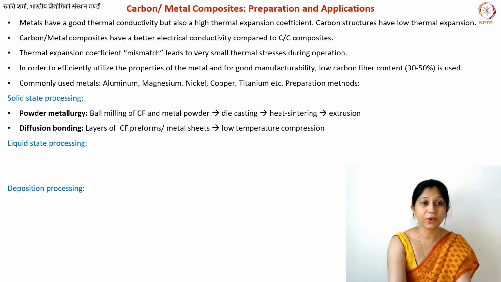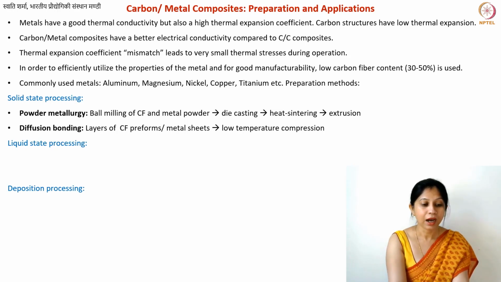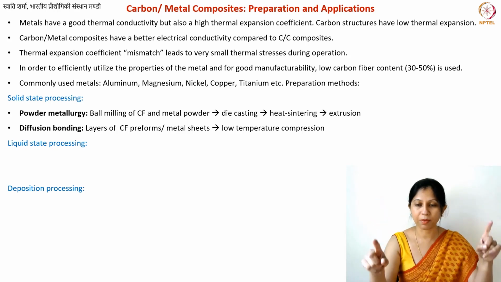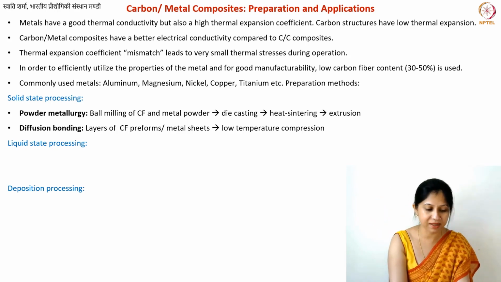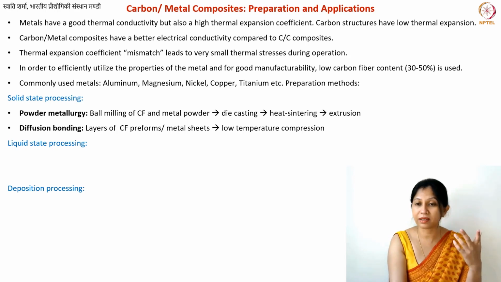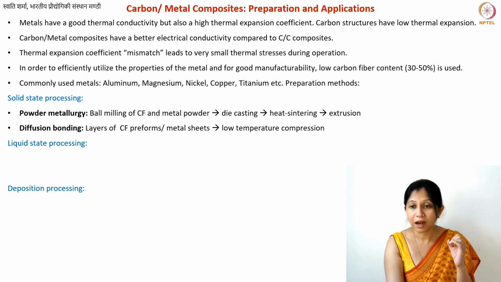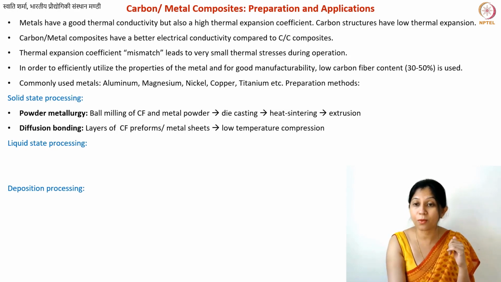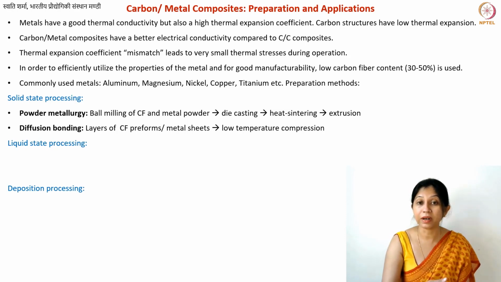Okay. What else? We can do something known as diffusion bonding. I just told you that we can also use laminates. How do we do that? You know that we can buy these carbon fiber preforms. A preform is basically a woven carbon fiber mat. Of course, it will also contain some resin, for lubrication and so on, but not so much. You may have to perform certain surface treatment or sizing if you want to mix it into a metal matrix. But you can simply take these carbon fiber preforms or woven mats,